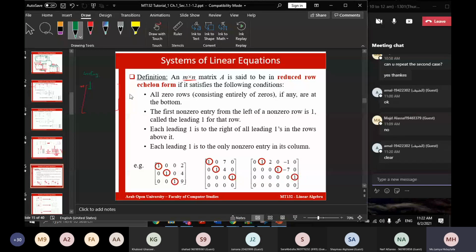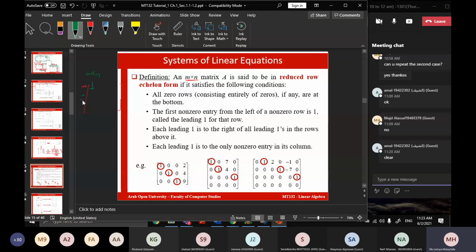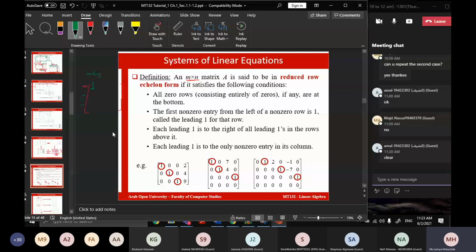هو في مقدمة المجموعة صح؟ So كأنه leading the others. Okay, anyway, we call it the leading one. So الواحد ده بنسميه the leading one. Okay, يبقى this is the first. And this should be for every row. For every row, the first non-zero entry لازم يكون 1. يبقى first condition شنو؟